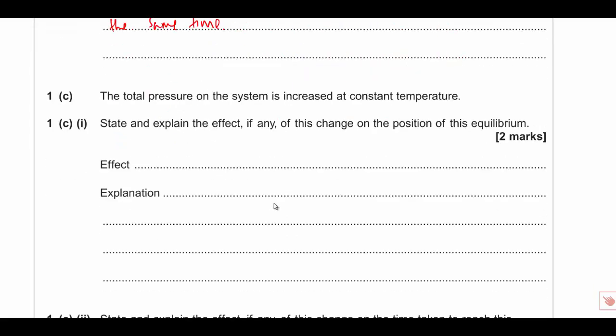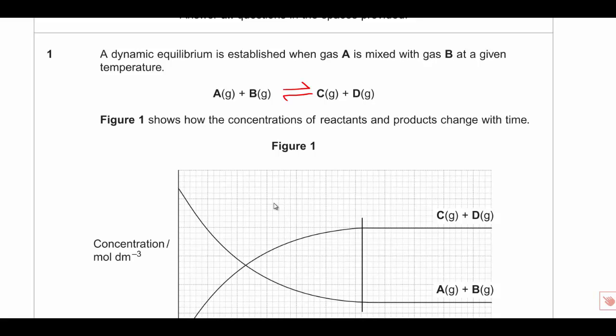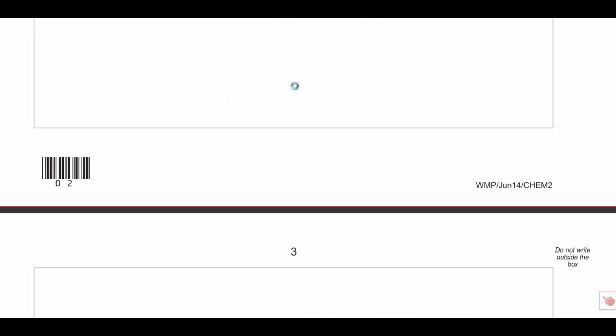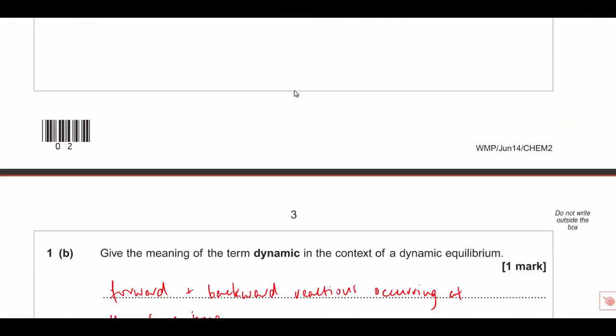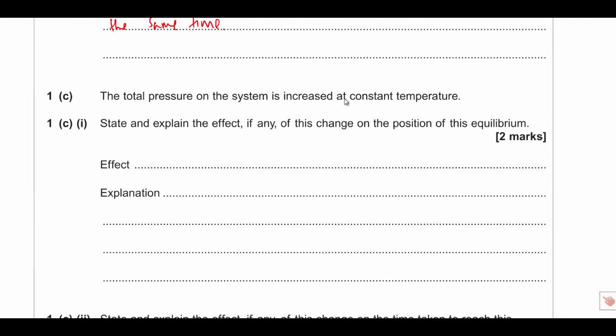1C1, the total pressure in the system is increased at constant temperature. State and explain the effect, if any, on the position of equilibrium. So there's my answer box here. Right, very clever question, this one. 2 moles here, 2 moles here. If I increase the pressure, there are no more moles on the left or right hand side. Therefore, the pressure is not going to affect this. Okay, so we're going to get